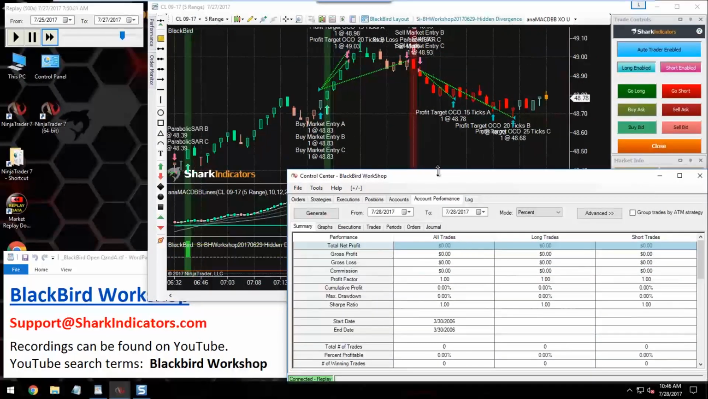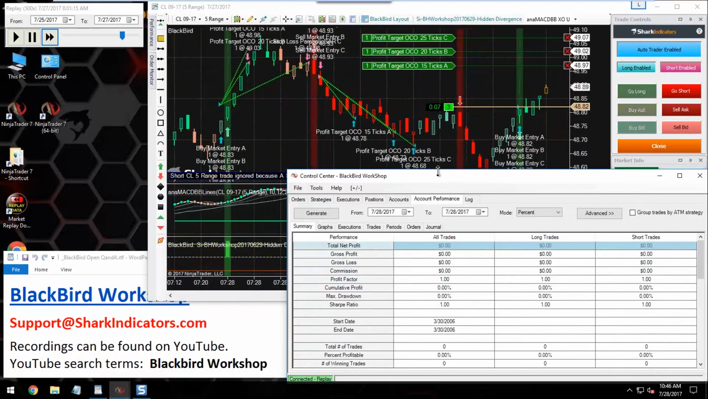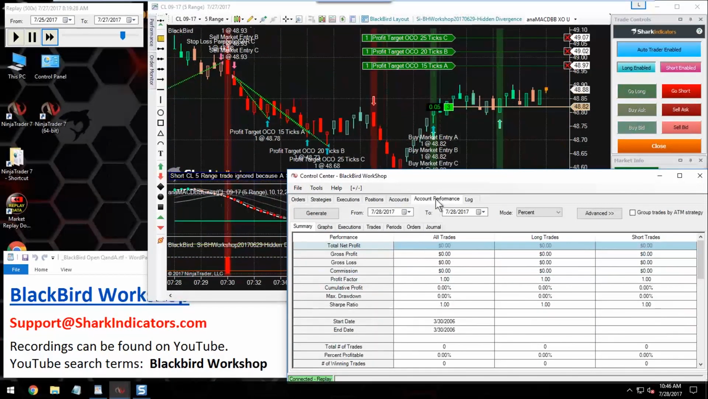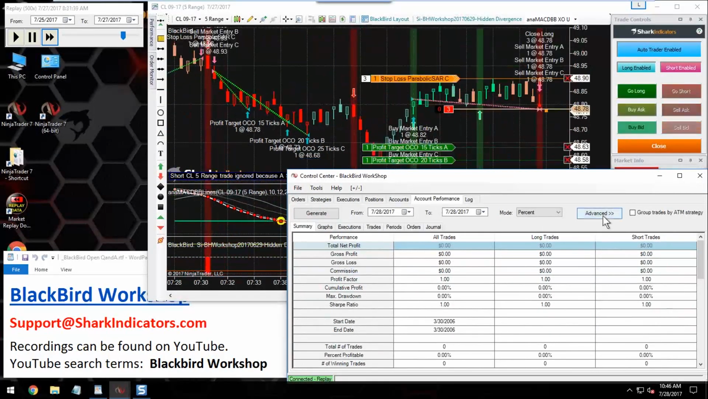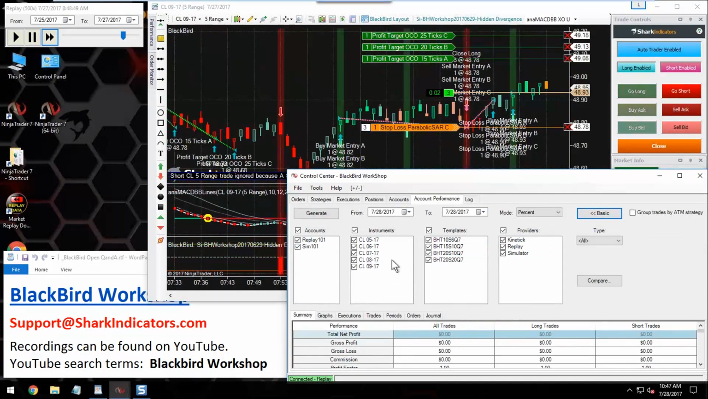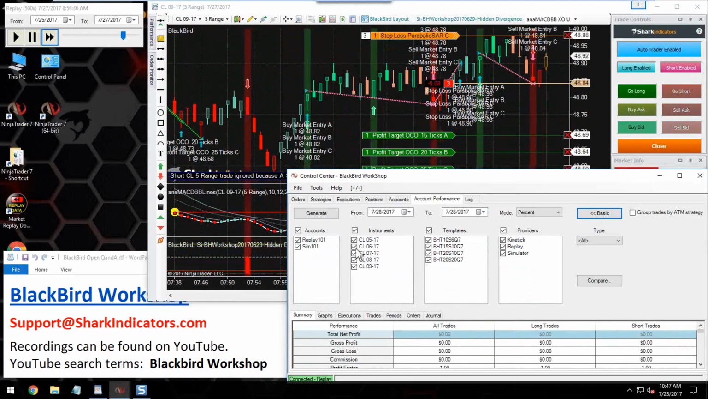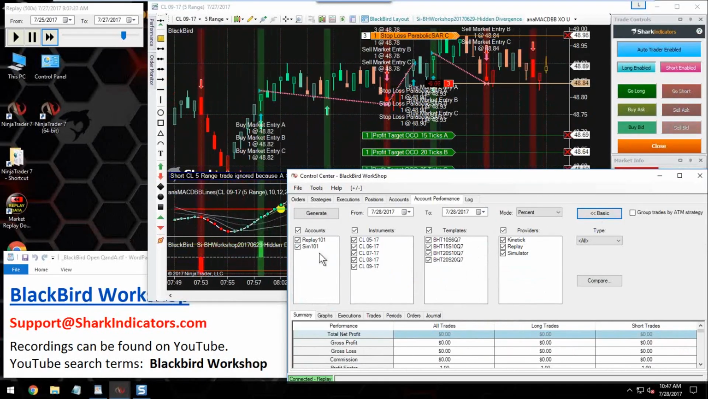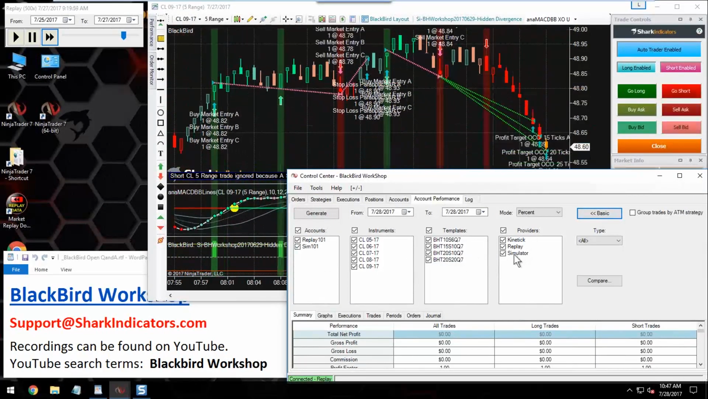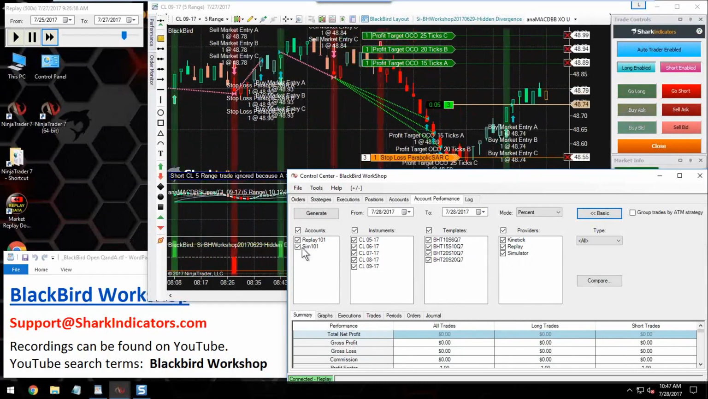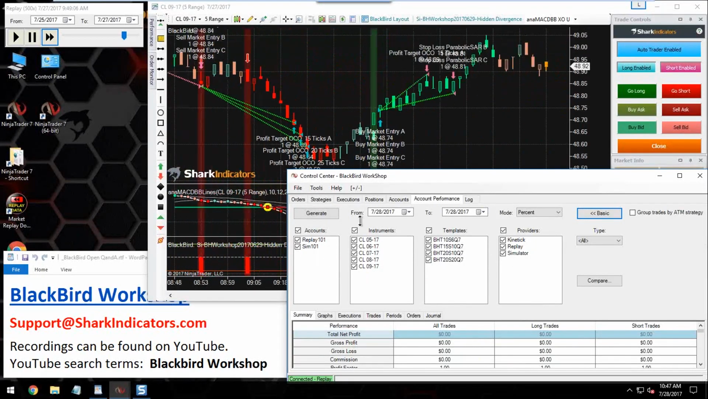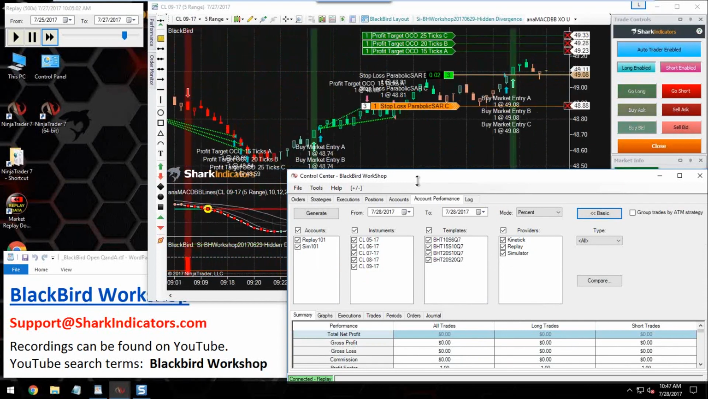So Jeff is asking, so it looks like you can get your results using the account performance here by switching your account, replay versus Sim 101. Jeez, I haven't used this in so long. I temporarily forgot about this. That's right, you've got all these options here: the different data feeds, the different accounts, the different instruments. So that's one way you can